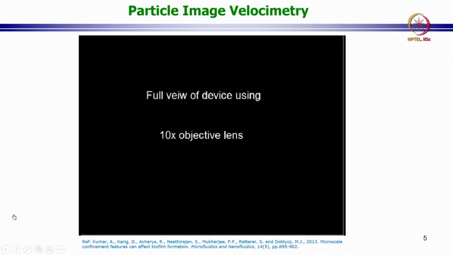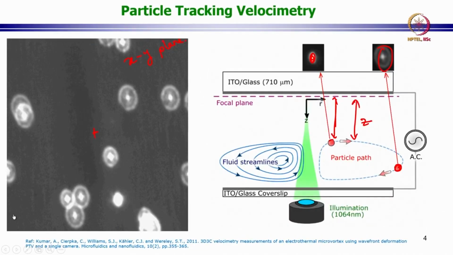So, this is what we meant by saying that the particle population should be sparse, and you should be able to follow each and every particle, because we are measuring the displacements of each and every single particle. Then you can reconstruct the vortex. We have done that, and you can look this up in the paper. I'm not going to go into the details of what results were obtained, but I